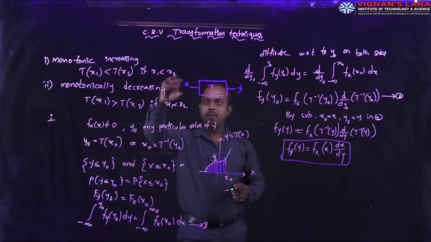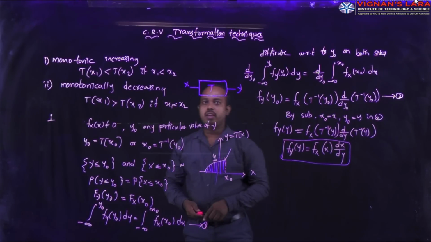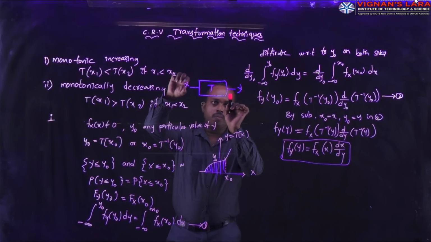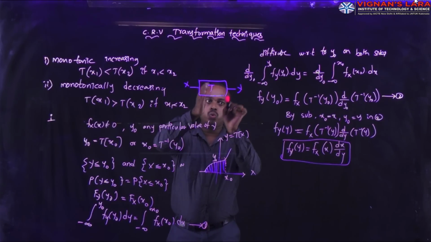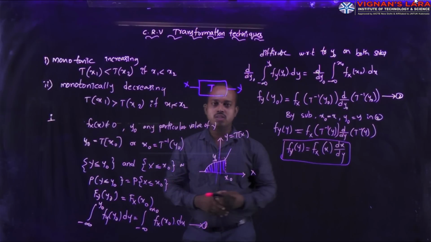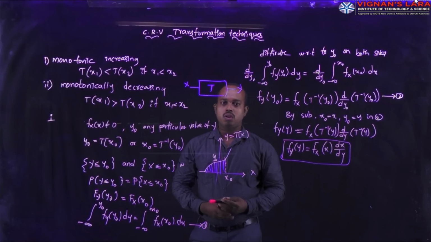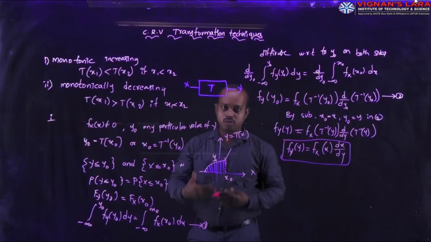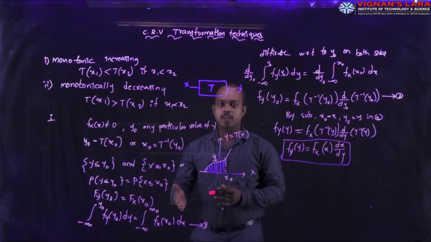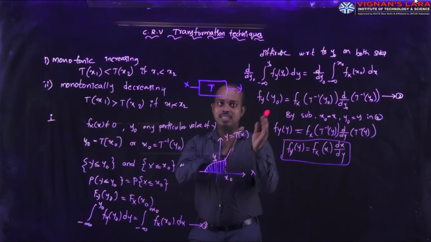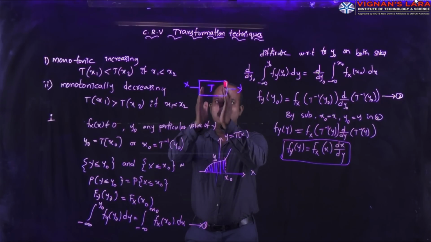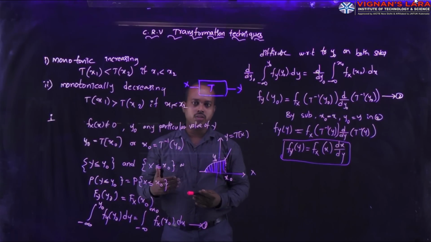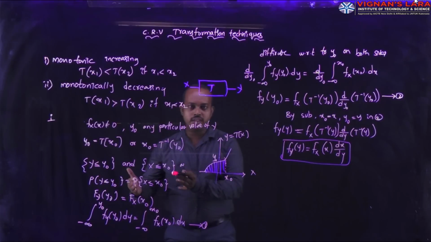I am applying the input x to this system. When I apply this input, it changes to y. You can see that there are a number of systems. Any system can take an input and, from this input, give the output. Based on that, the input is changed to the output. This change is done by the system. The system is represented with the transformation. It changes the value, that's why we call it a transformation.